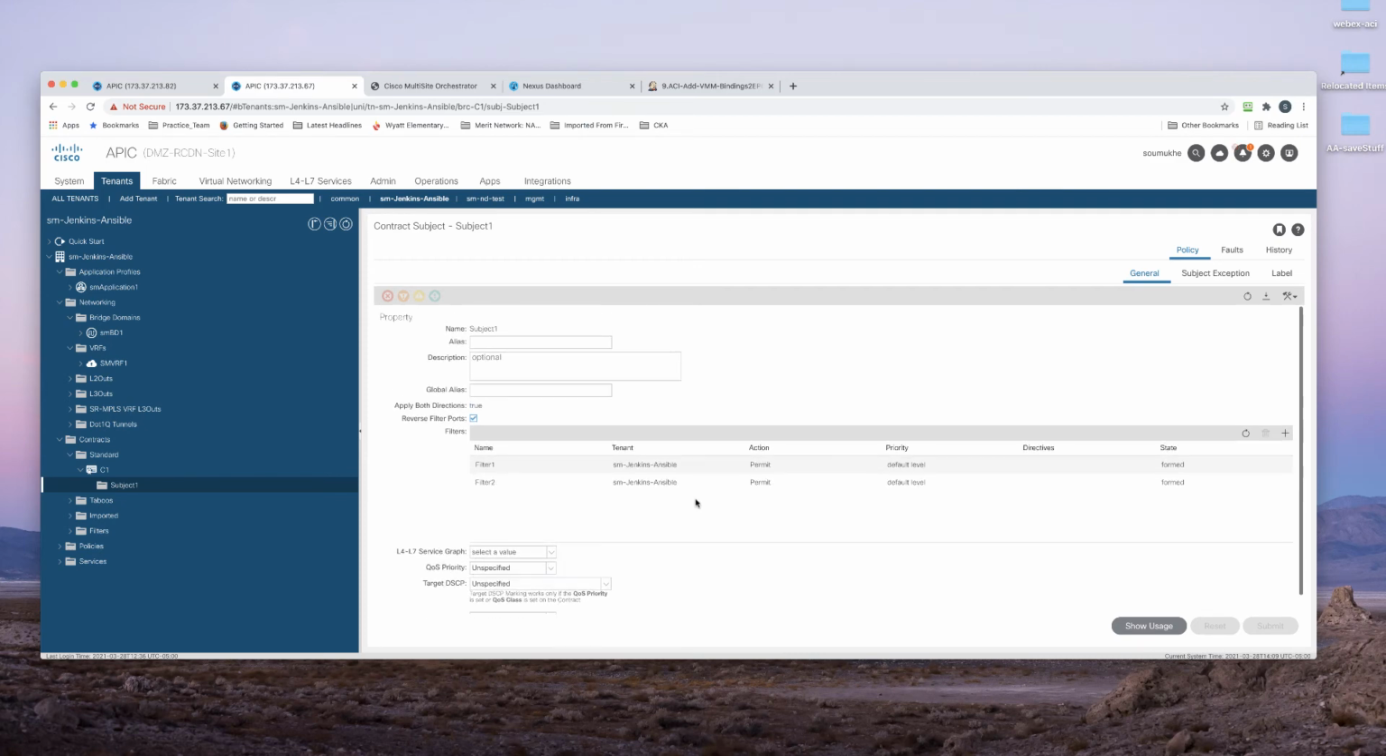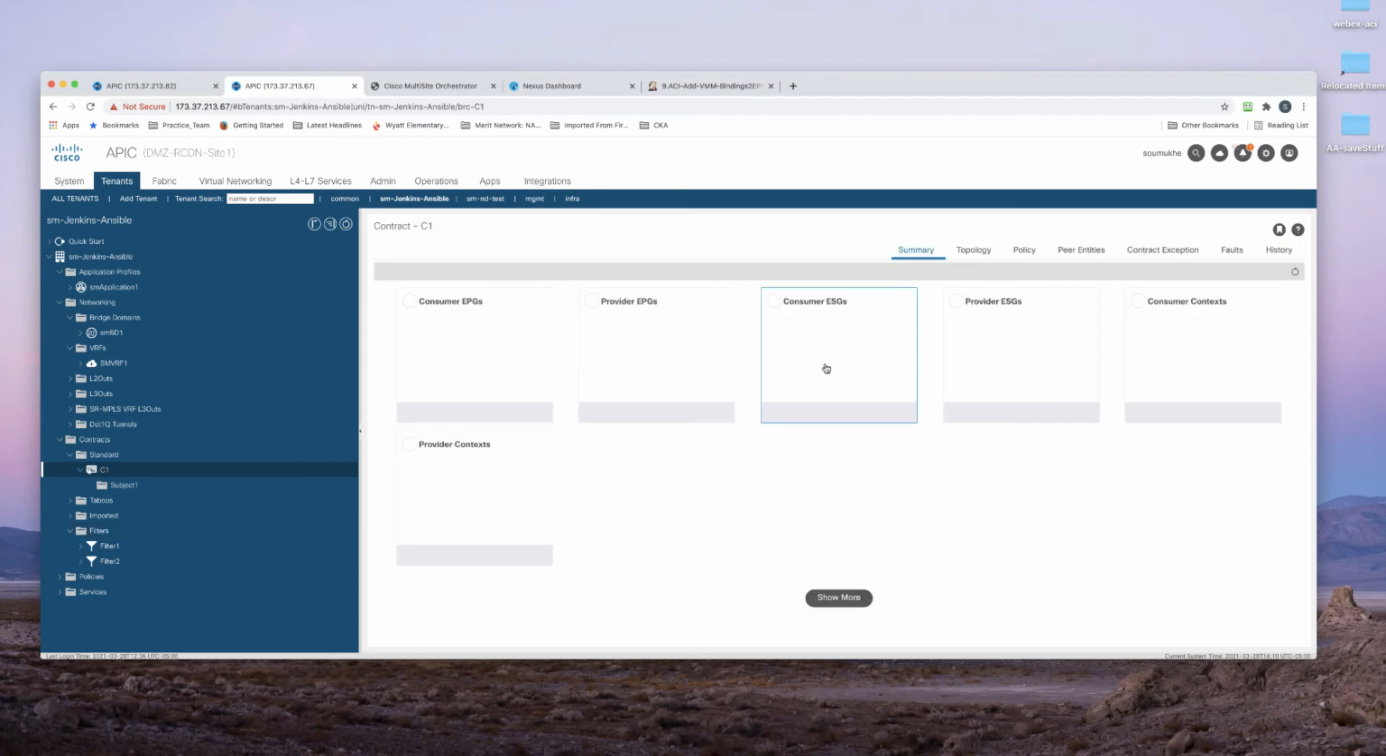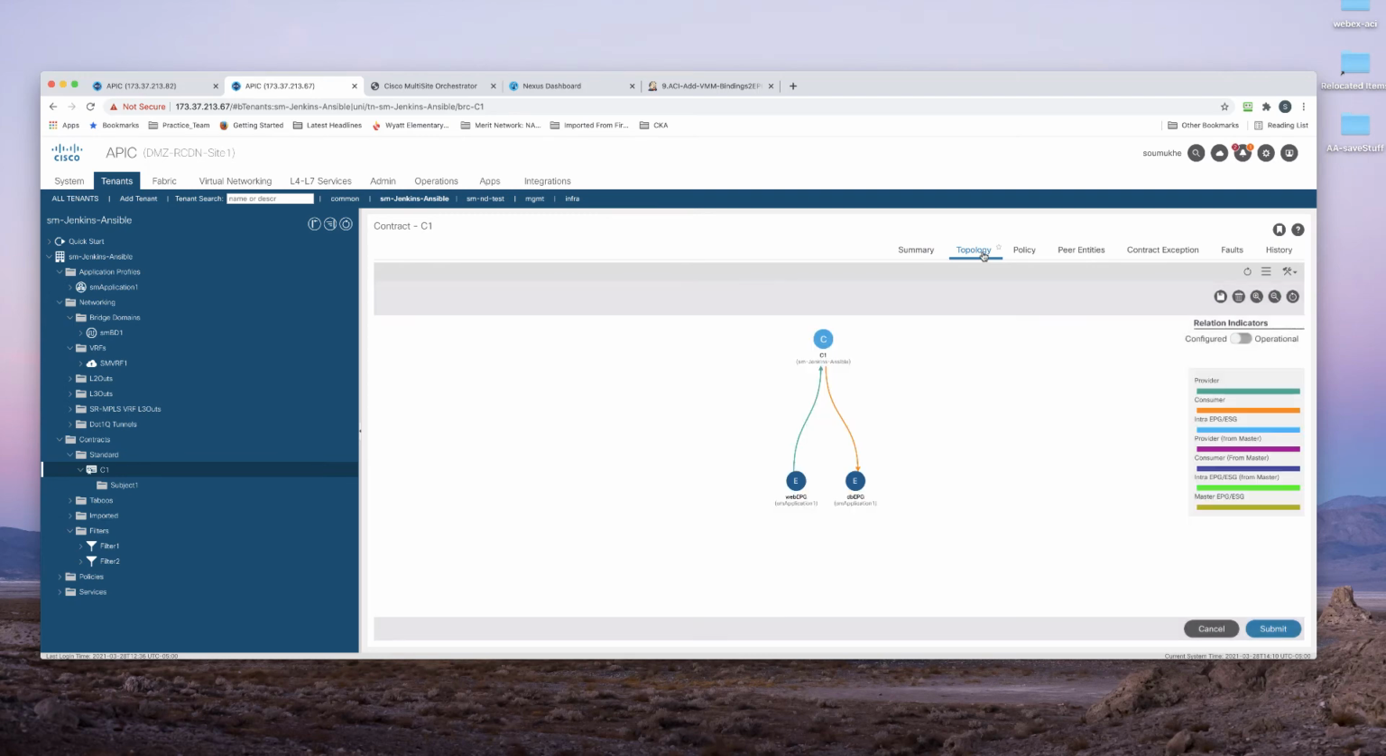And if you looked at the filters on the bottom, you're going to see that the filters are basically SSH and HTTP. If I click on the contract and look at the topology of the contract, you're going to see that the contract maps to my two EPGs, web and DB, and this is the provider and this is the consumer. And again, if I went into my application profile,